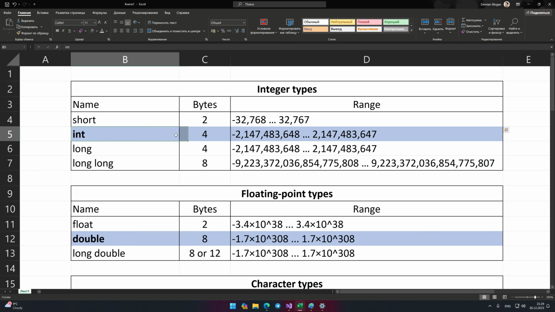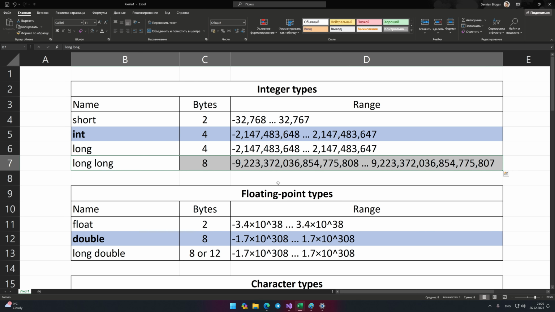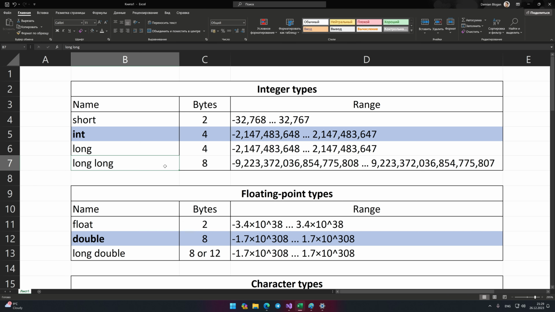The question may arise: why then choose the type short, int, or long if long long seems to be the coolest of them and can hold the most numbers? It's a matter of memory. There are situations when memory is important and its allocation needs to be limited. You may also ask, why are there so many types to describe an integer value? The fact is that, again, there are situations when you need to write a program for a system that has a small amount of memory, and you need to create some data that will store small numbers such as 3, 8, and 5.